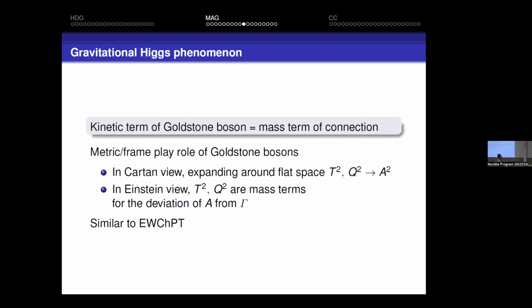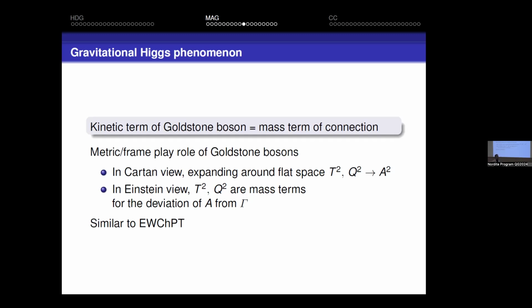Okay, so this means that at low energy, it must be equal to the Levi-Civita connection. So this is very similar to what happens in electroweak theory, when you look at this theory at a scale which is below the mass of the Higgs, because below the mass of the Higgs particle, the radial mode of the Higgs does not propagate, it's frozen. You only have the angular modes that are the electroweak Goldstone bosons. So you look at the theory below the mass of the Higgs, but above the mass of the W and the Z.